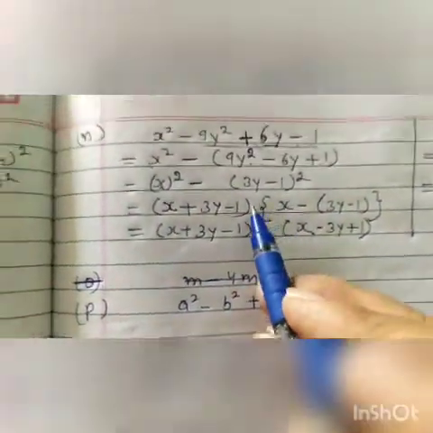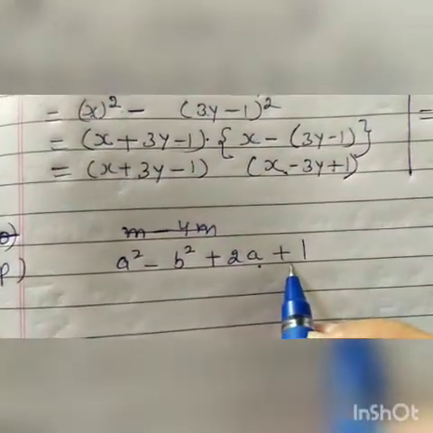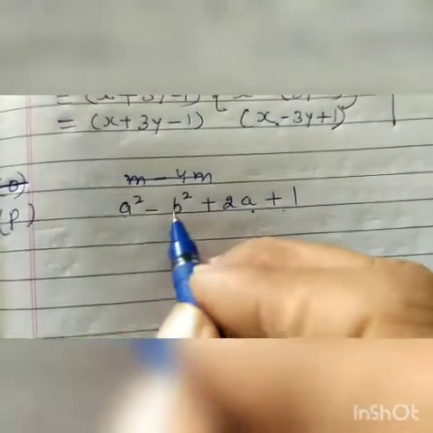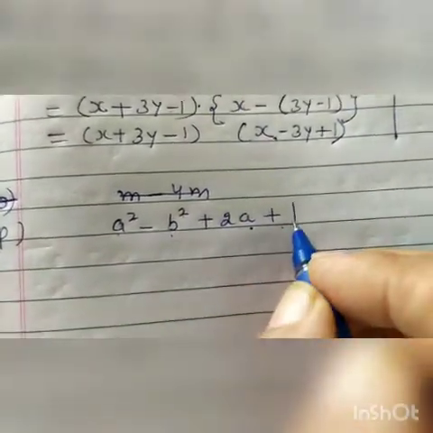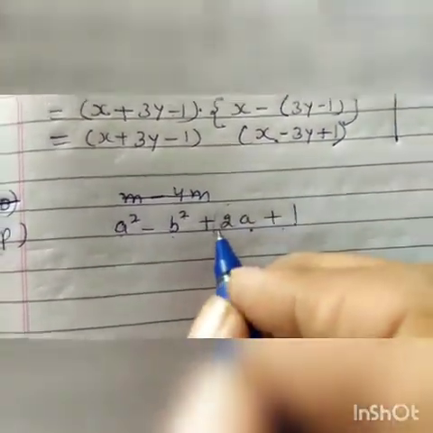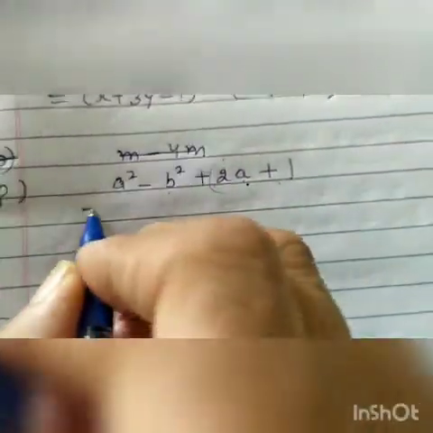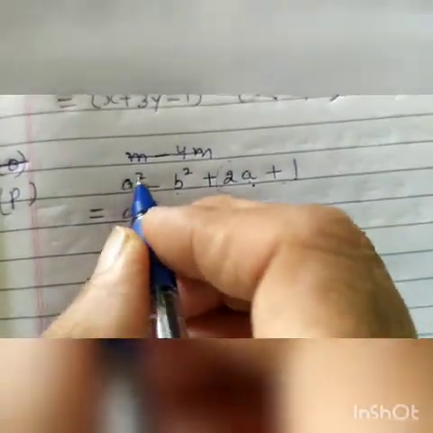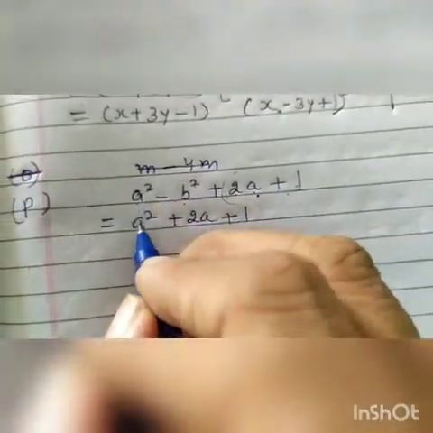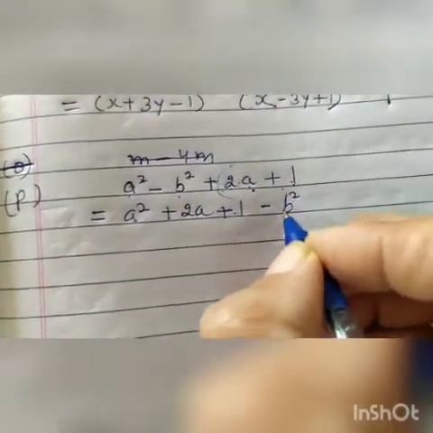This is the same as we did this one. How? Again, out of these four terms, first we will identify three square terms. This is the square term a square. a square is the square of a. b square is the square of b, and this is the 1. 1 is the square of 1. Now this is the non-square term. With this non-square term, which is the term a, how will we write it? We will rearrange it: a square plus 2a plus 1, then this minus b square.